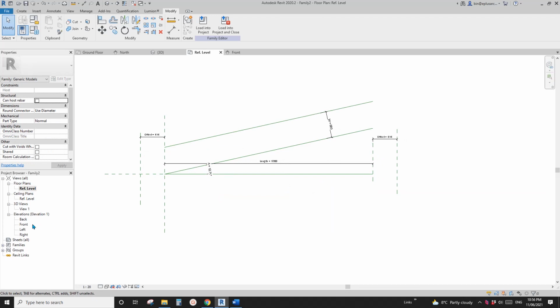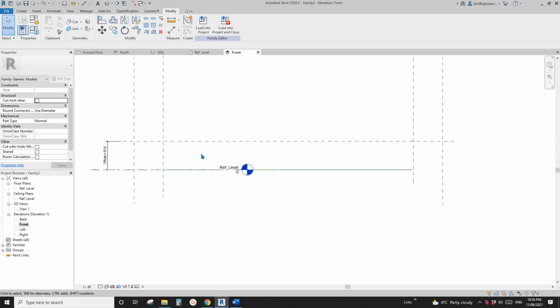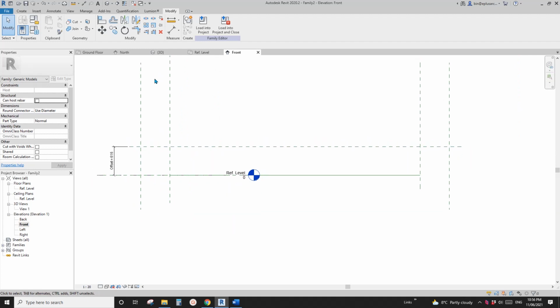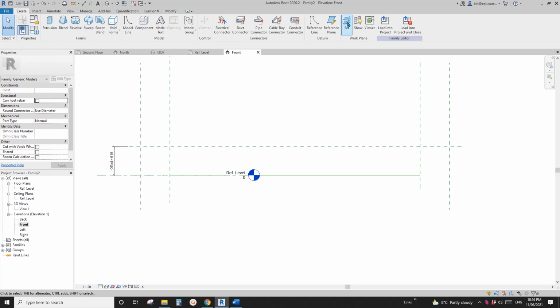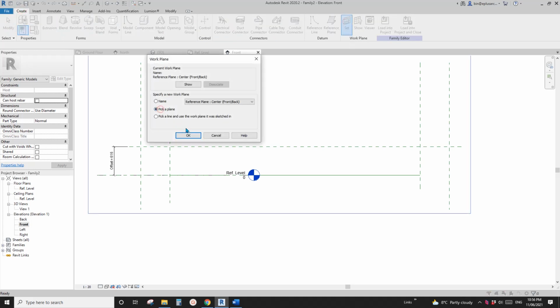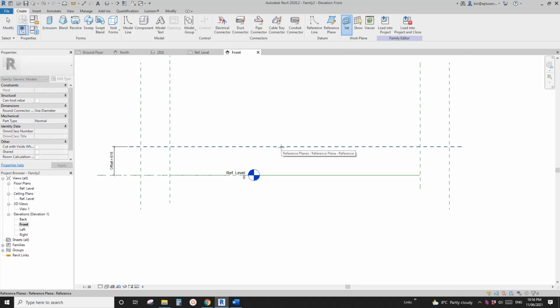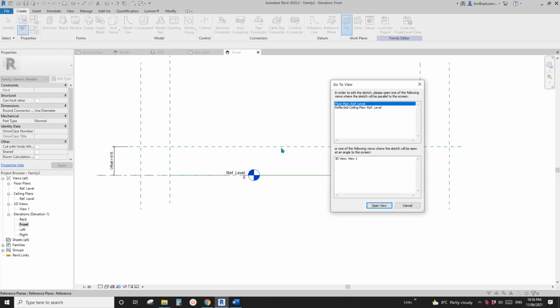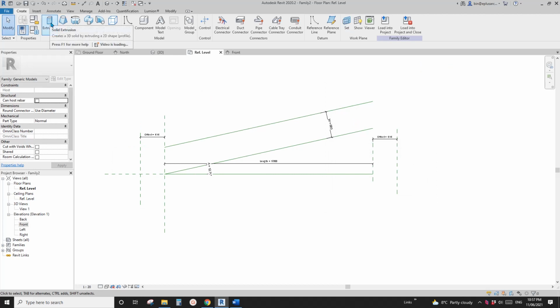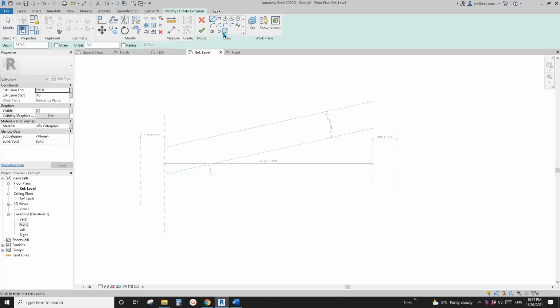Oh, actually, hang on, let me go back to front view. Because I'm going to place that panel on this reference plane. So create, set work plane, pick a plane, okay, and pick this reference plane, and then go back to floor plan and create an extrusion and pick line, check the lock, pick these 2, 3, and 4, trim, TR,